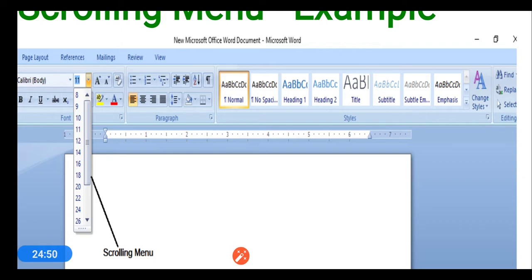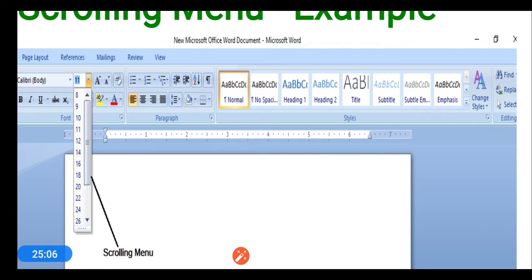Why? Because that particular menu item is performing the same task, that is selection of font size, but I had provided it in two different areas. So is it a meaningful one or not?